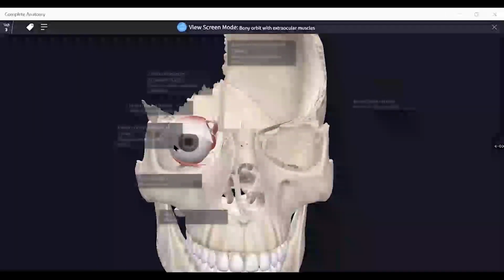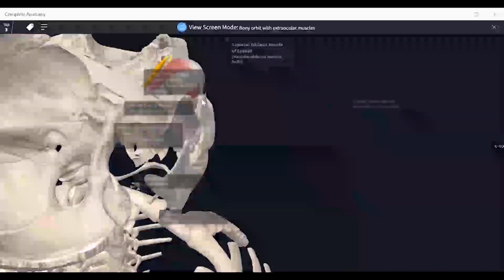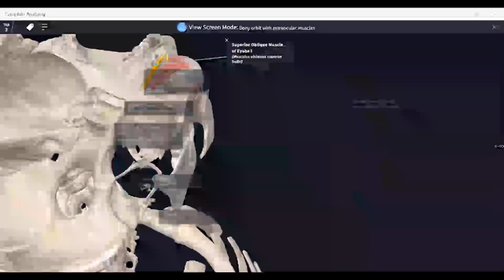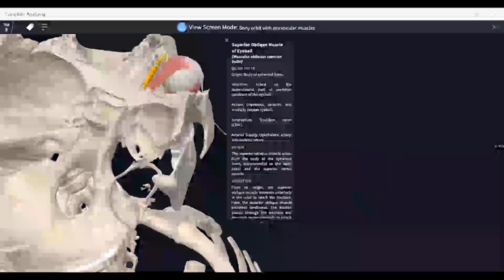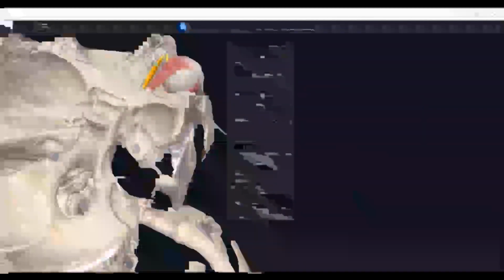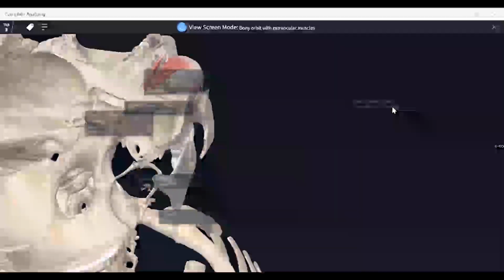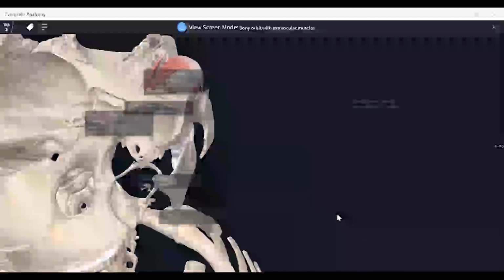And I've added labels into it. Once I click on a label, that structure will be highlighted like this. And if I click on this, the details of the structure will come in this. So readily you will be able to study here itself using this app.